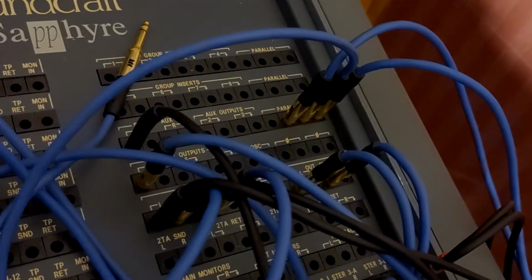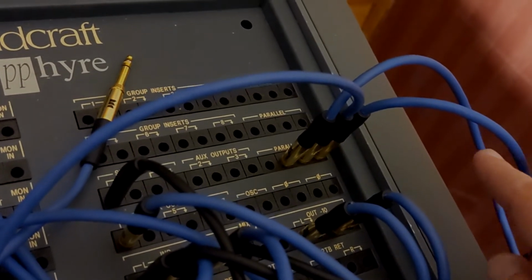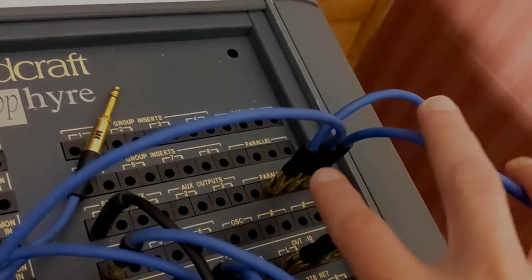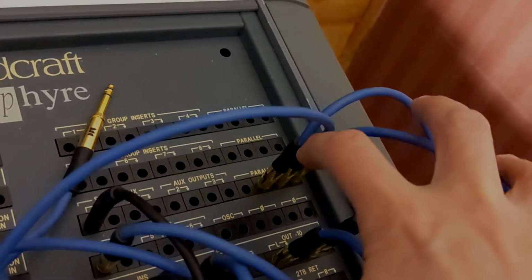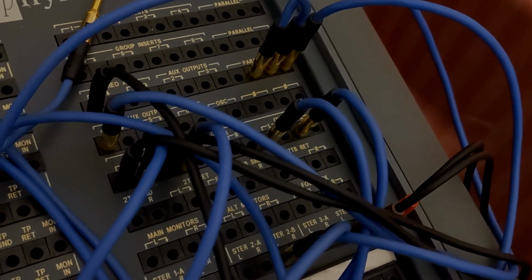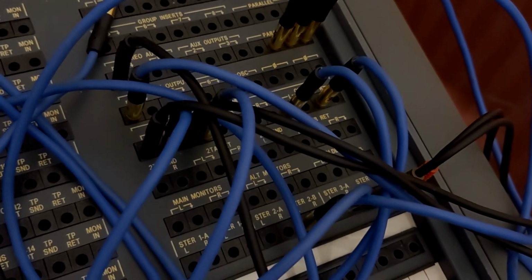and then that's going back into the console to a mult on the patchbay. Here's the mult for the reamp UniVibe setup, the UniVibe output coming through the MP20 comes into here and then comes out of here. There's 2 copies of it which go to a stereo channel. I don't know if you can even see that. I've got a lot of cables patched in here right now, but it goes into 2 sides of the stereo